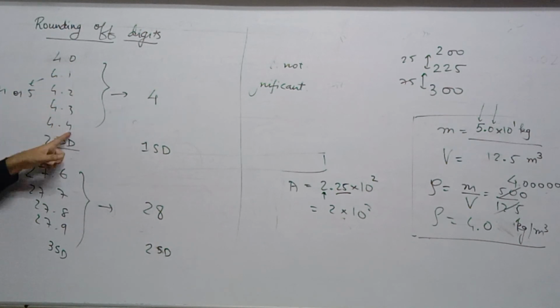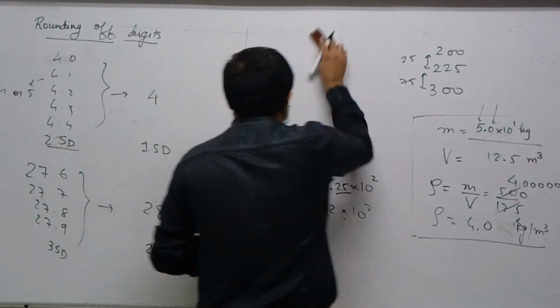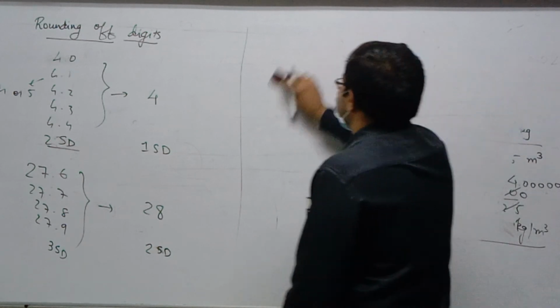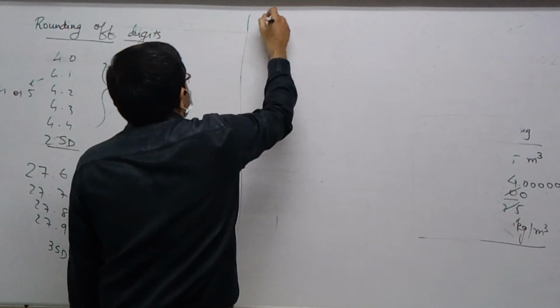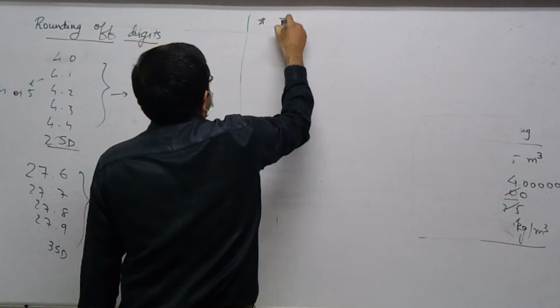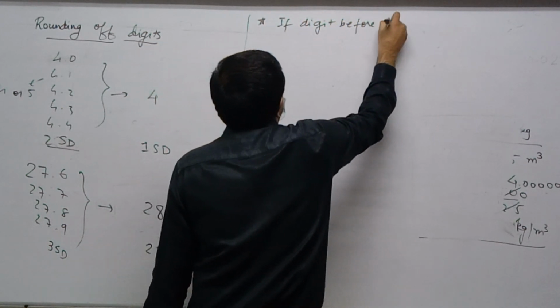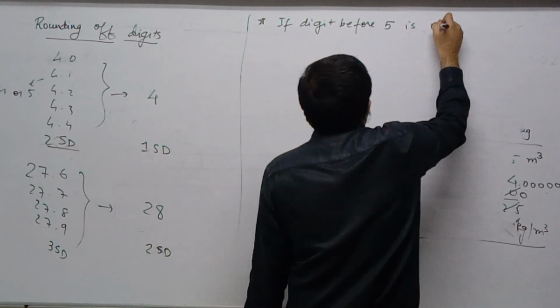0, 1, 2, 3, 4. 5. Because the rule for 5 is a little weird. Oh, so what's the rule for 5? It's as follows. If the digit before 5 is even,